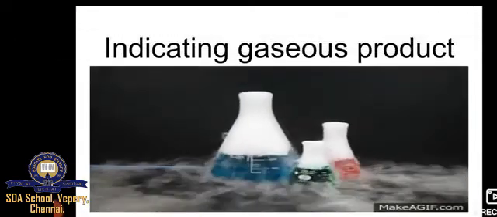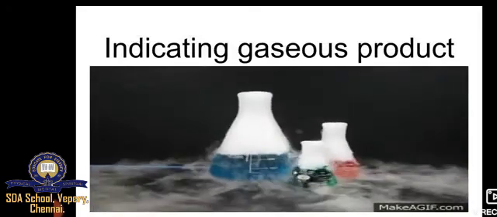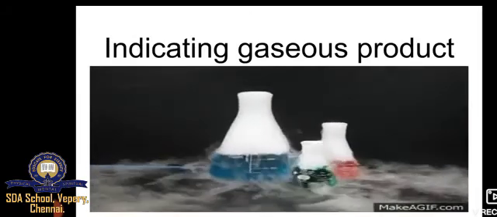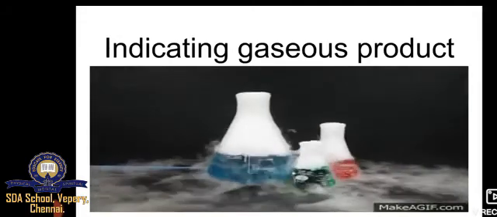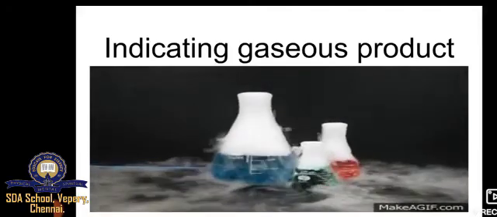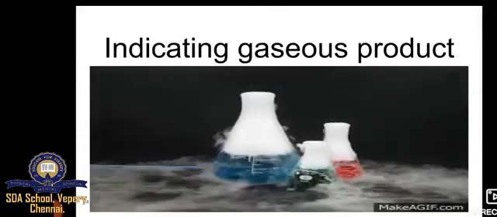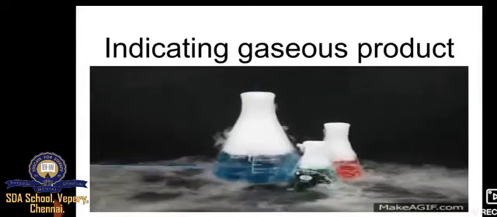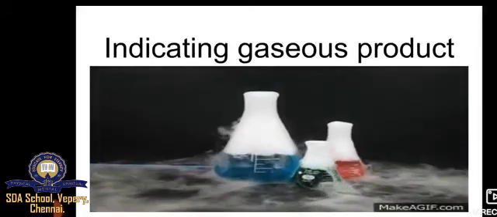Another important thing is, when the reaction is taking place, we need to indicate the gaseous product. First, what we studied: for the reactant we need to find out the color of the substance and then the state of the substance. But here we need to indicate gas. Whatever the reaction, the gas also comes out, so we need to indicate the gaseous product. While writing the reaction, we have to mention the states of matter, solid, liquid or gas, and then the color of the substance also.